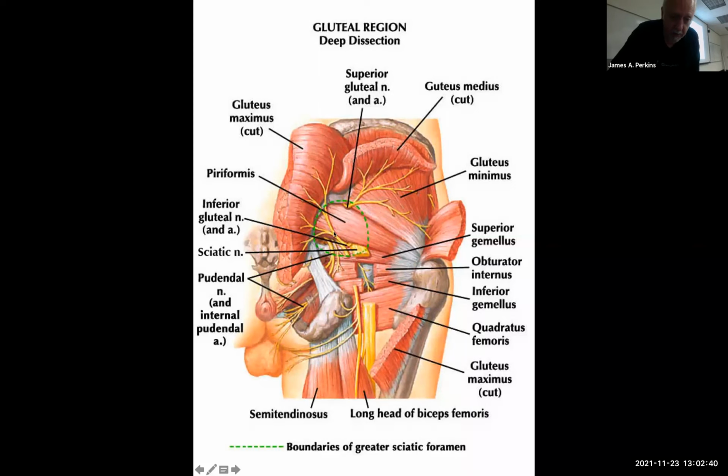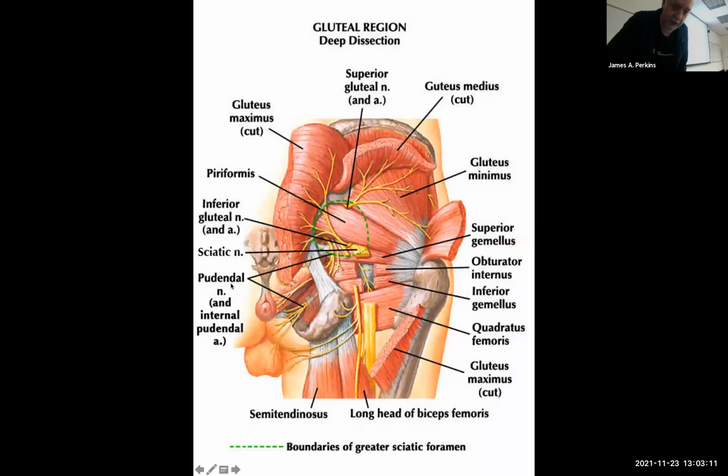If you look closely at it, you'll see that it's coming out of the greater sciatic foramen, and it's crossing over that white ligament right there, which isn't labeled. But the smaller white ligament that's kind of hiding inside that little hole, that is the sacrospinous ligament connecting the sacrum to the ischial spine. So this nerve, which is called the pudendal nerve, is exiting the greater sciatic foramen,